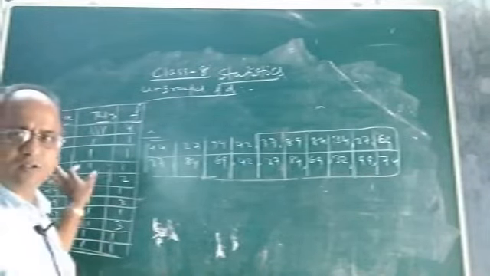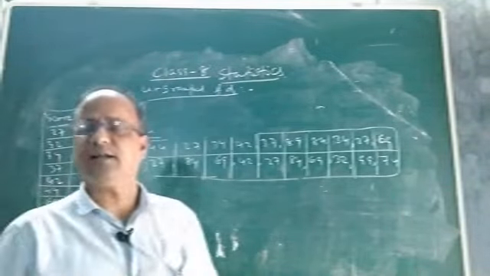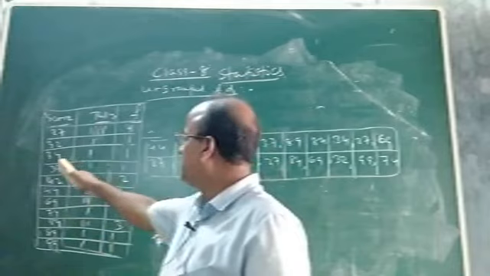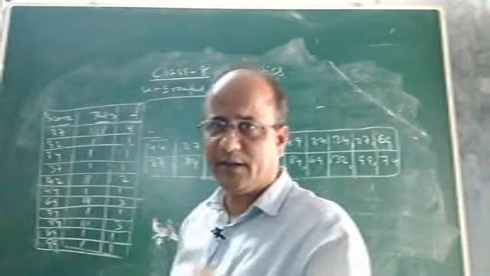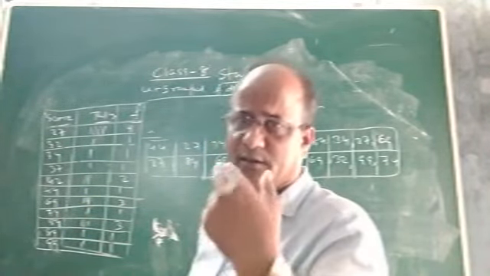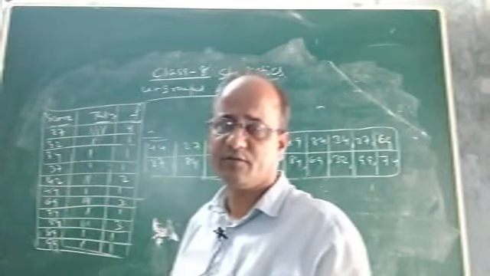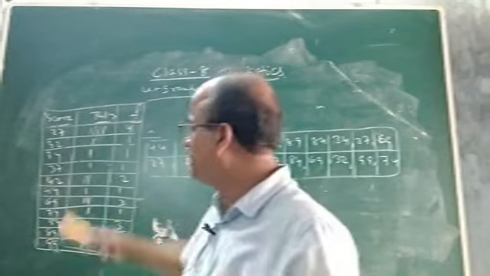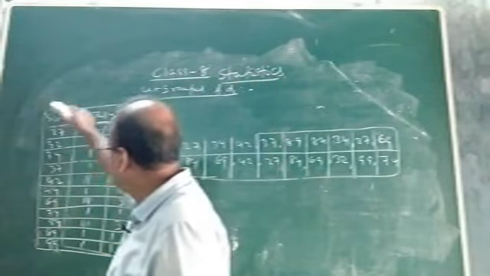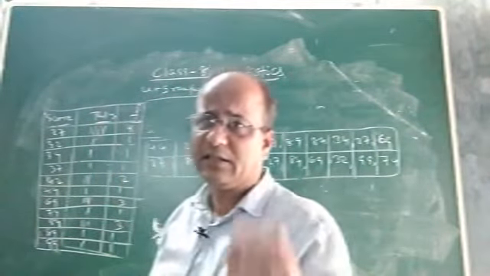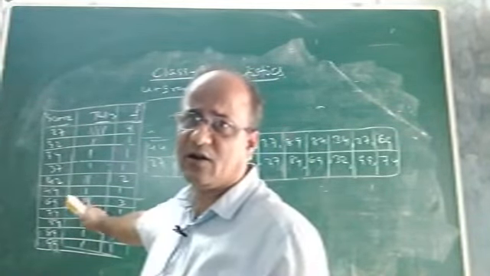Now the frequency distribution has been prepared. So what does this table show? This table shows the distribution of observations or scores along with their corresponding frequencies. When we represent scores along with their corresponding frequency and tally marks, this becomes a frequency distribution. This is an ungrouped frequency distribution. Why is it called ungrouped? Because here the scores or observations are ungrouped data. That is why it is an ungrouped frequency distribution.